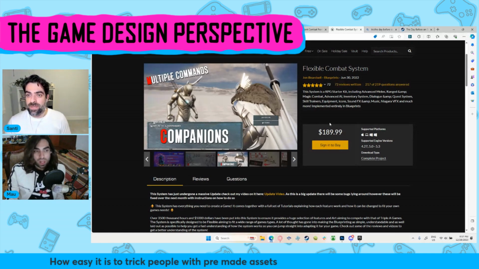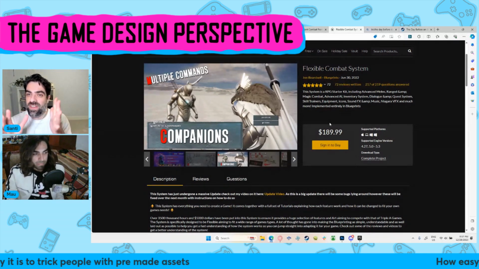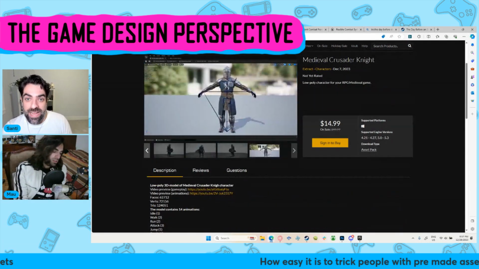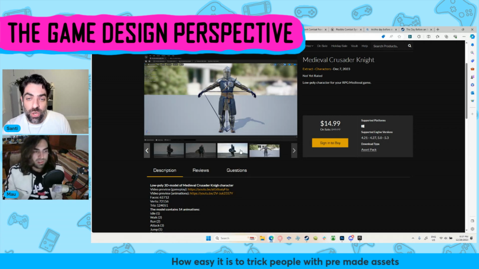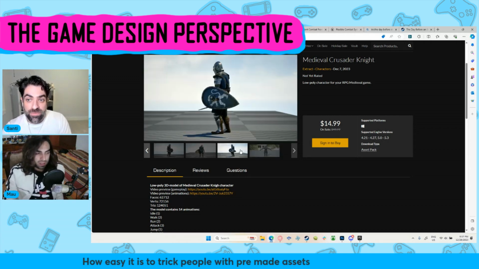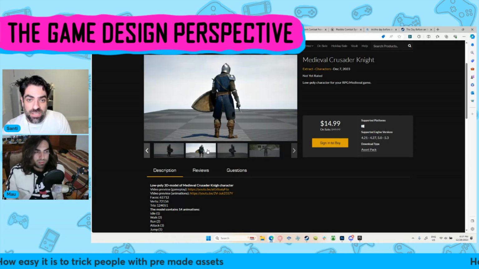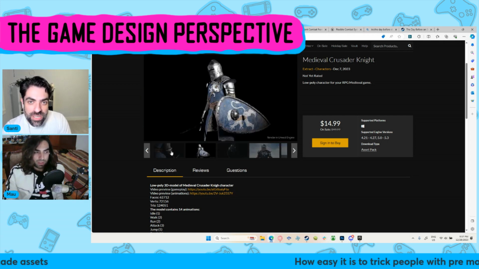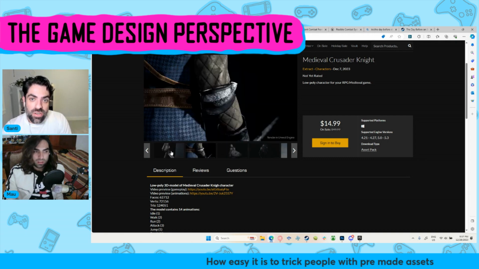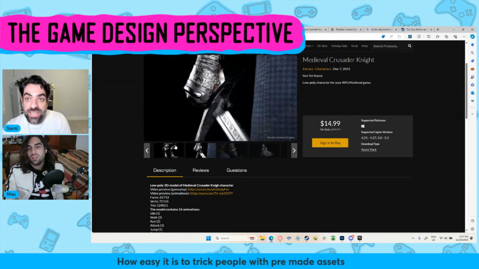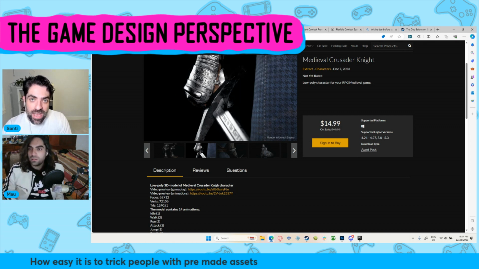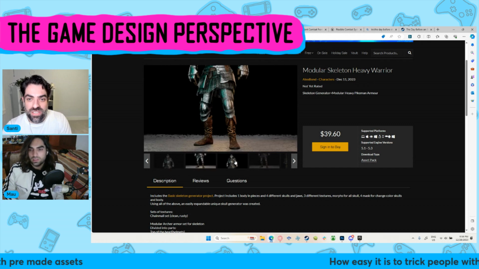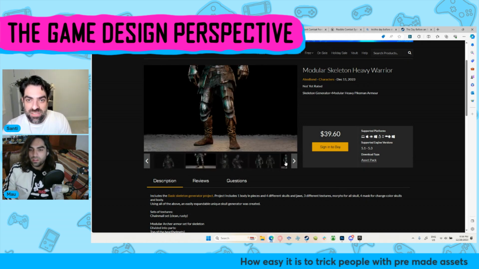Now what happens if I get the flexible combat system or the Ascent combat framework, and I buy this medieval knight, super high end for 15 bucks? Look at it, incredibly detailed, very well done. Good looking knight, right? Really detailed, really nice. I buy these skeletons, also super high end, photorealistic, really nice looking, optimized for Unreal,